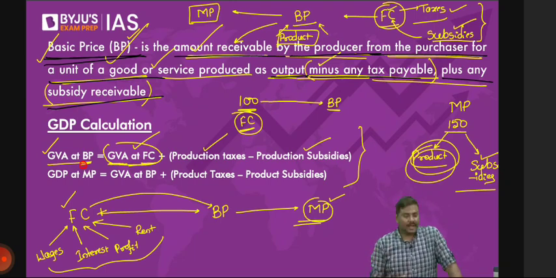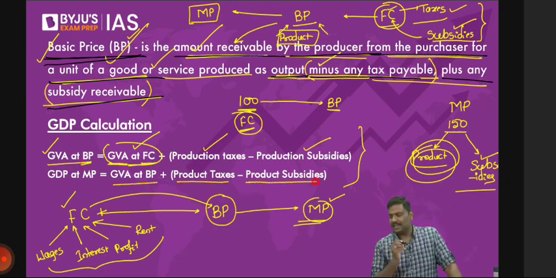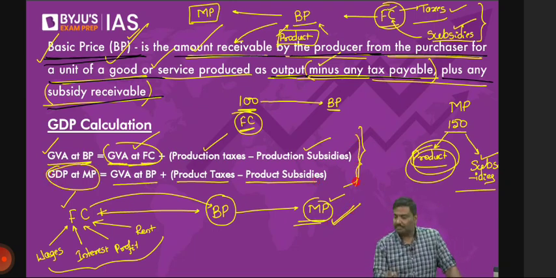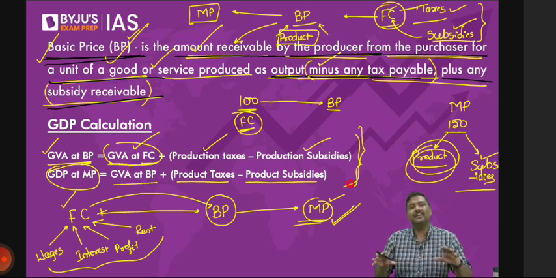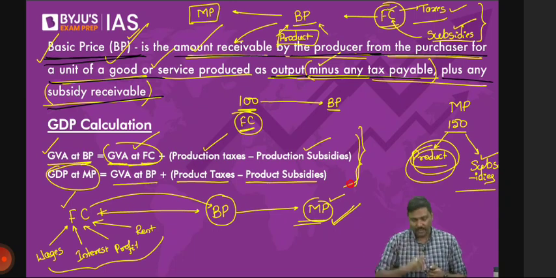And once you arrive at gross value addition at basic prices, now adjust with the product taxes and product subsidies. Right? So what we will get is GDP at market prices. These are the two formulas. Please by heart it. Right? And again, if you have understood it, it should not be the process of by hearting. But some of you simply say it is very difficult to remember. Then my argument is, you should not by heart it. I tell you why. Follow this. Is it okay? Let's go step by step.